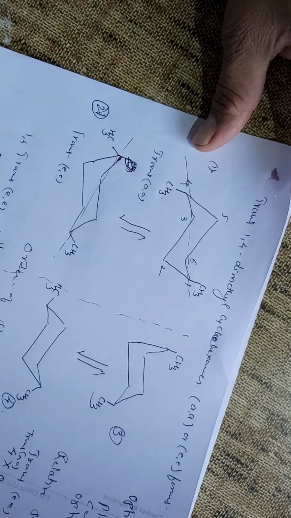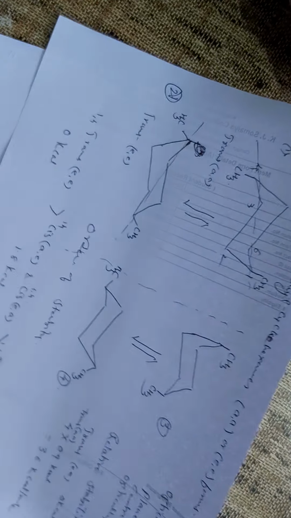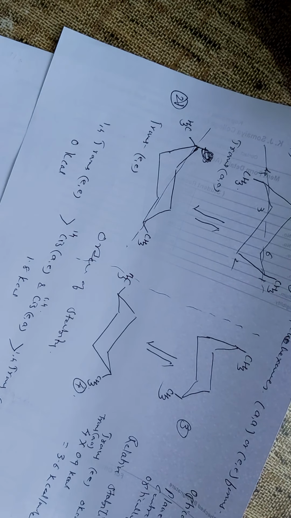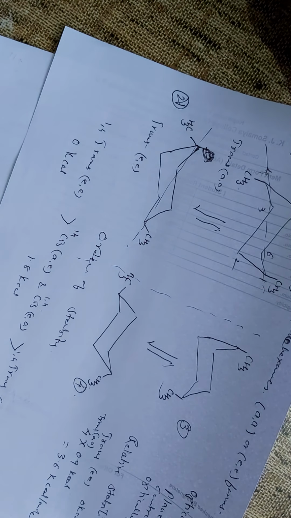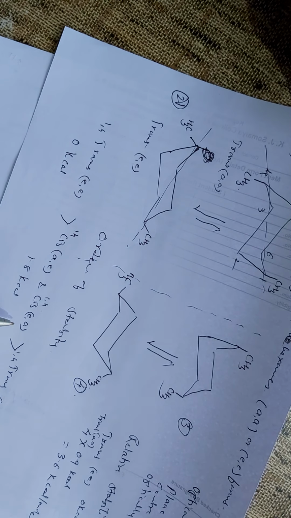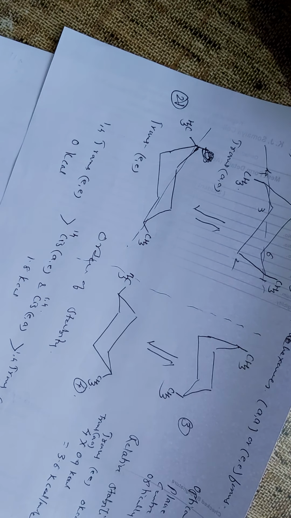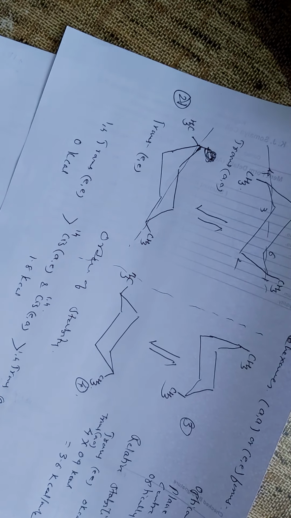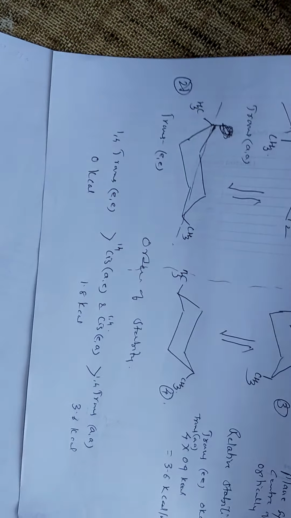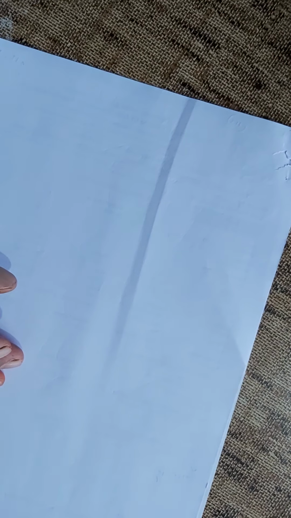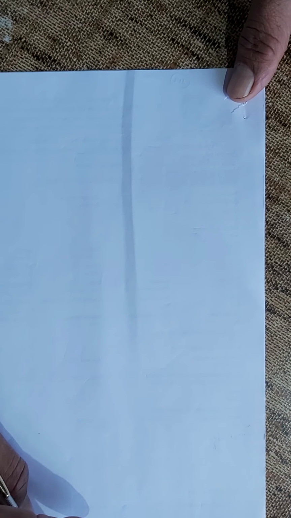In this way we get the order of stability. The type 4, that is 1,4 dimethyl cyclohexane, gives two different isomers, cis and trans. In cis we have two conformations, axial equatorial and equatorial axial. In trans we have two conformations, equatorial equatorial and axial axial. So here we conclude that of all the four types, one is not useful for our studies because it shows neither geometrical isomerism nor optical isomerism.